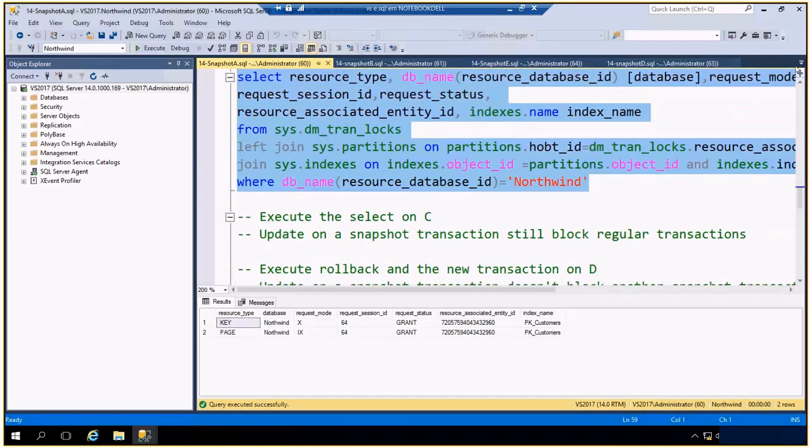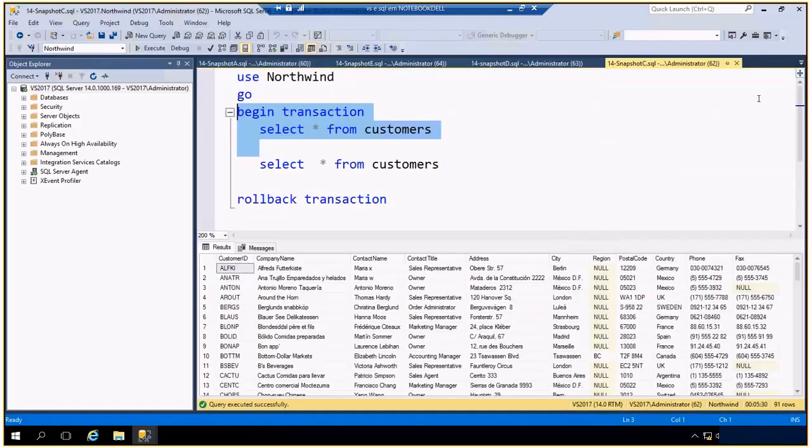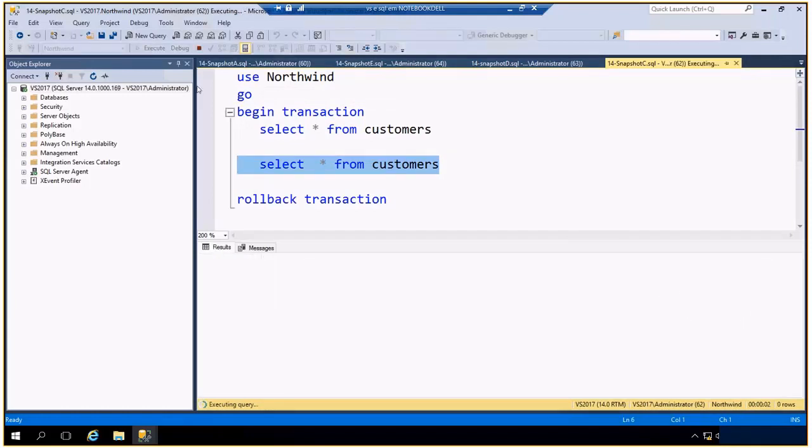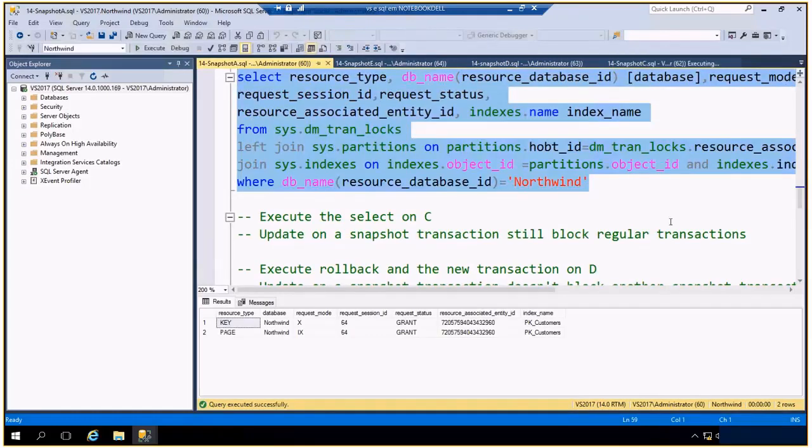So let's return to script C. Here I have a regular transaction that's not using snapshot isolation. If I make a select on this transaction, it is blocked by the lock on the update created on the snapshot isolation transaction.